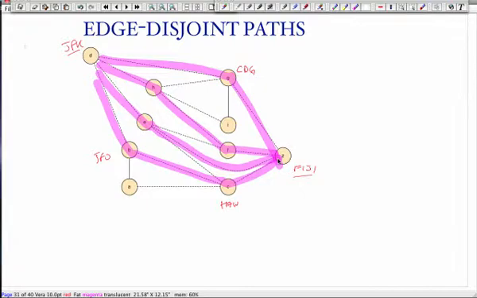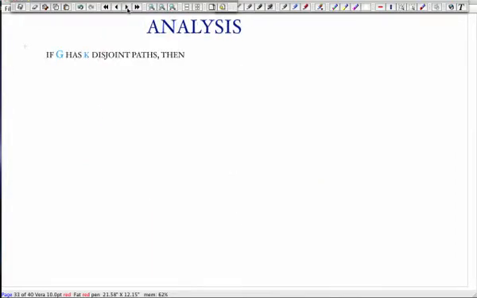Yep. You can set the capacities for each leg to 1 again. That's it. Right there. All you have to do is make this the source, make this the sink, and set all of your capacities to 1. It's that cool. Okay? All you have to prove then is that if G has K disjoint paths, then G prime has a flow with value K, and the opposite. If G prime has a flow